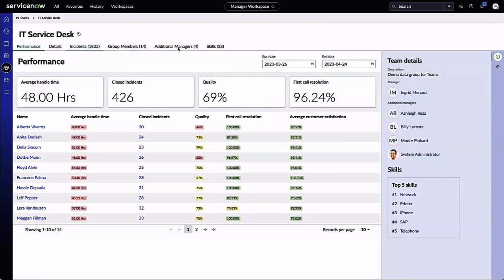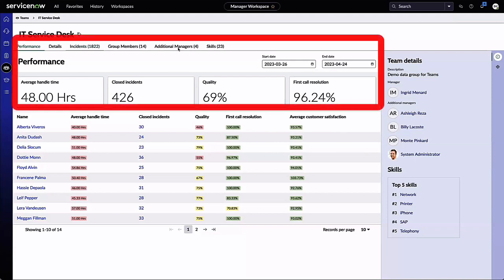So what you see here is we just clicked into one level deeper from the team performance module. What we're focusing on here is, as I mentioned, as a manager, if you're managing multiple assignment groups, maybe I want to focus on my IT service desk. Here I could see my overall KPI performance across the entire team, as well as how each team